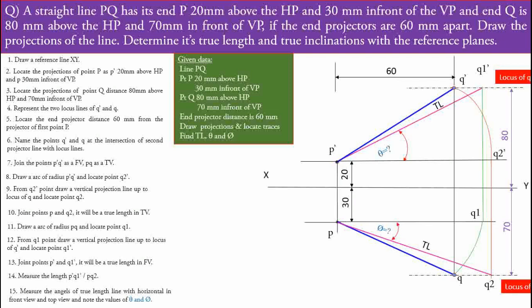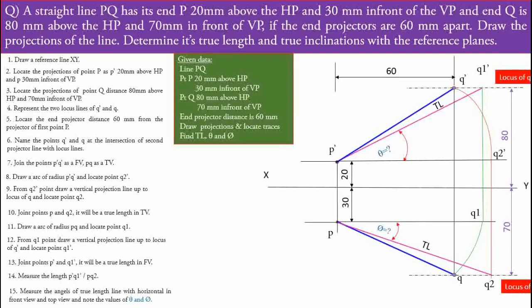That is our main aim, to find out the true length and the inclination of that true length with the horizontal line. But one more point is remaining. After representing the projections, we have to locate the traces also. The traces are nothing but the intersection of the line with either the HP or VP. So the procedure for locating HT and VT: just remember, if the line is inclined to both the reference planes, in that case both the points, horizontal trace and vertical trace, will be present and we have to represent both the points